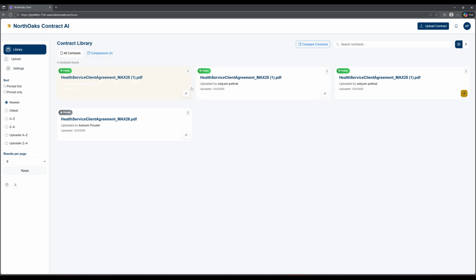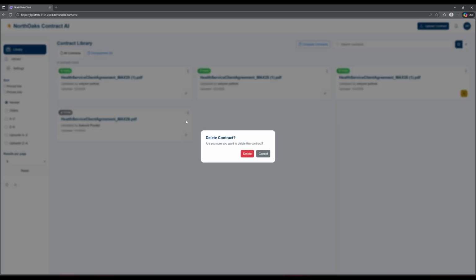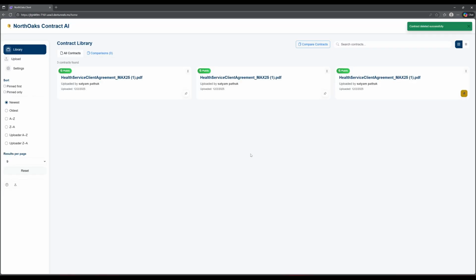You're also able to delete a contract. Let's say this is a contract that I uploaded. If I want to delete this contract, you can just click on delete contract, and it says contract deleted successfully. And if I go log out,